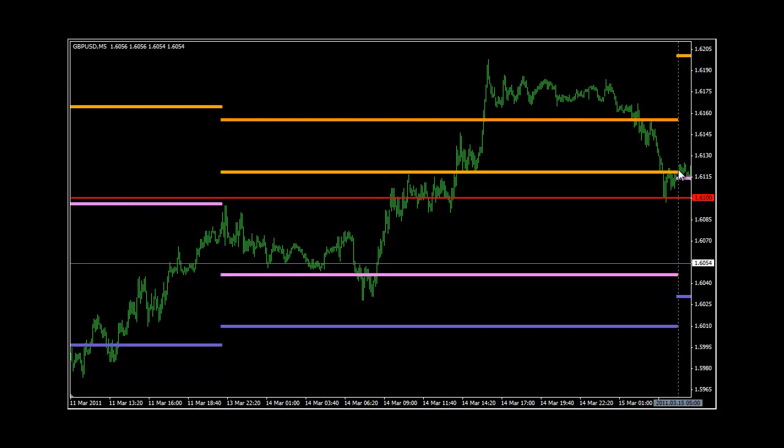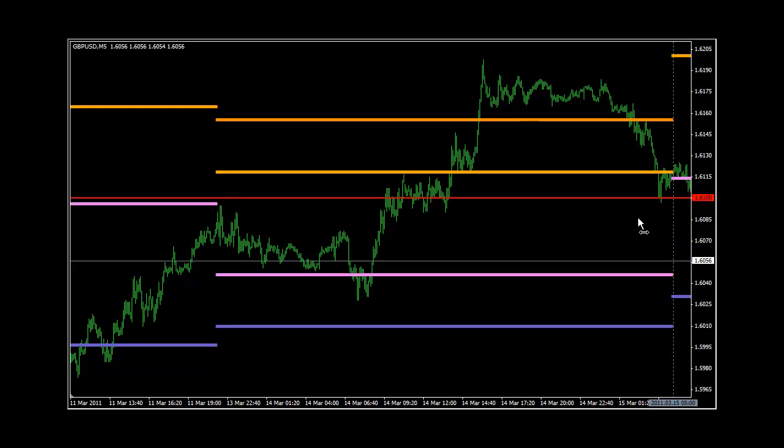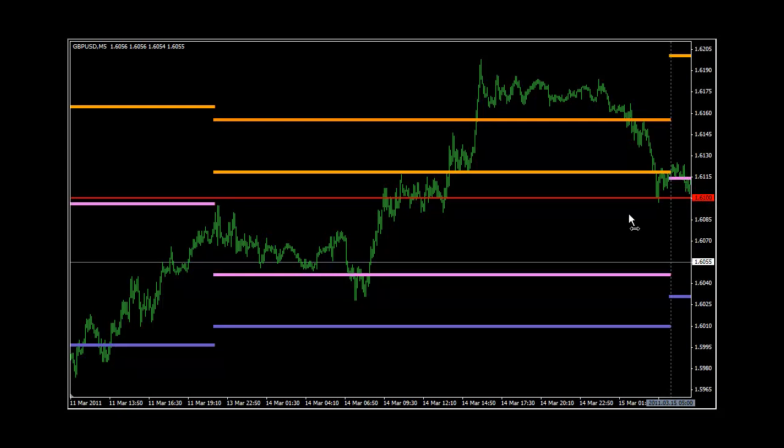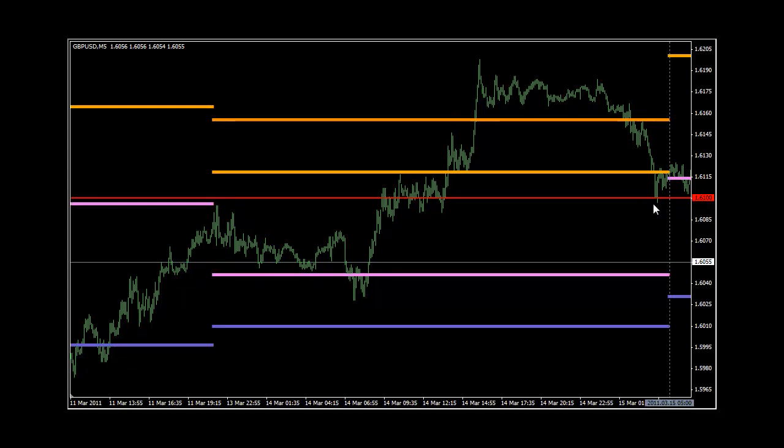I went long, and as price began to break above this high in here, what I was hoping to see was a try to pull up to at least a retest of the R2 from the previous day. When price moved up here, I moved my stop to break even, and this move down here stopped me out, which set up another optimal trade entry,